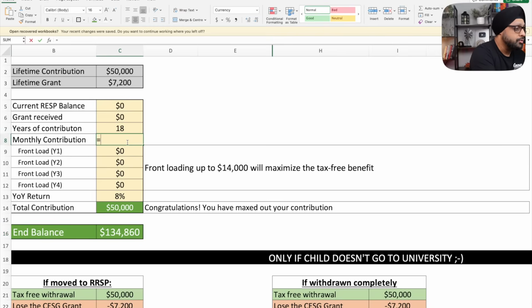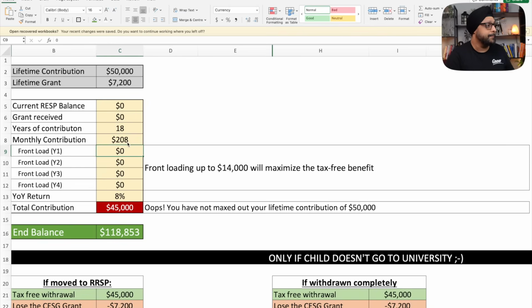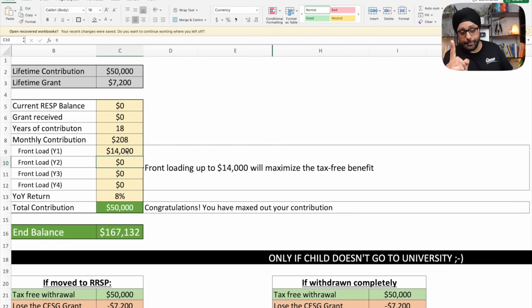Let's say that you do the minimum possible, which is $208 a month, but because at year 15 you invested $36,000 and you maxed out your grant, you actually front load the remaining $14,000 in year 1. So instead of doing $2,500 in year 1, you're doing $14,000 of front loading plus $2,500.